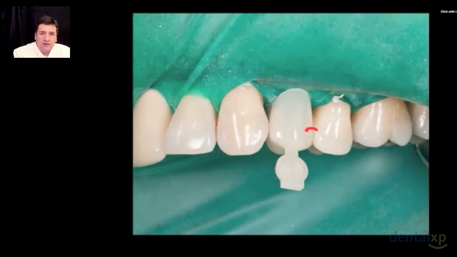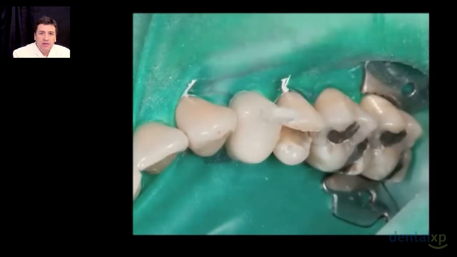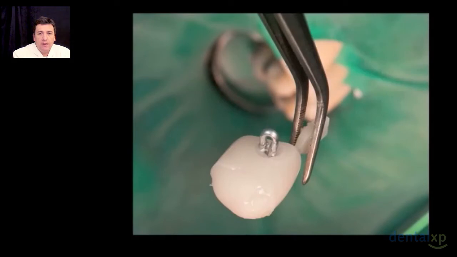Once we select our provisional crown, we have to be very careful about the contact point that we are seeing in the round marks, and we have to be very precise in the length of the new crown. With that in mind, we test our crown and we fill it with the new material, with the temporary material,